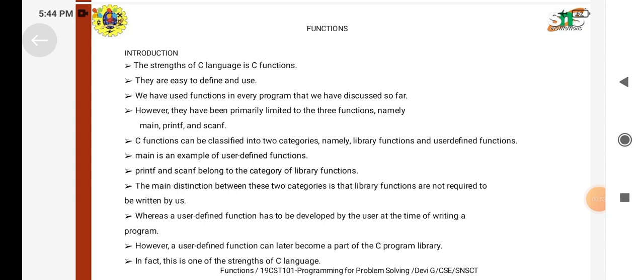C functions can be classified into two categories, namely library functions and user-defined functions. Library function, that is the built-in functions. A user-defined function is one where the user gives the function name. Main is an example of a user-defined function, and printf, scanf belong to the category of library functions, that come